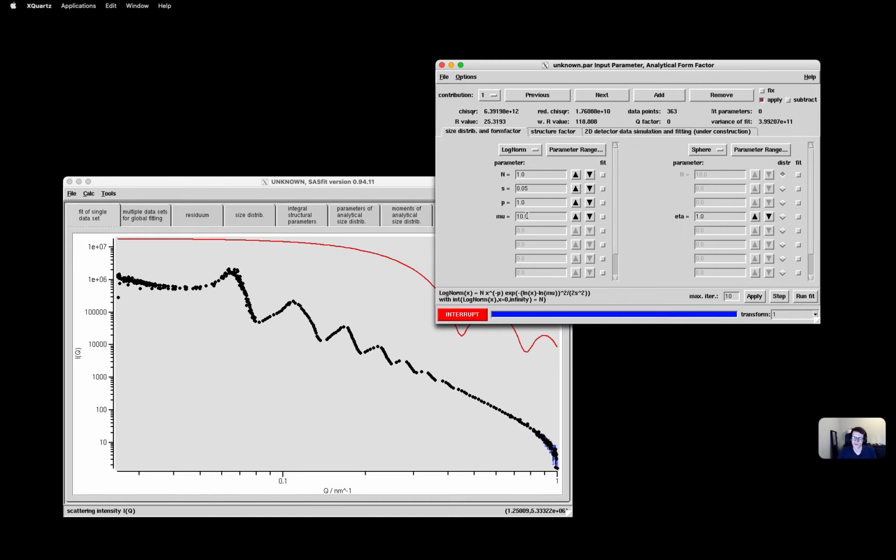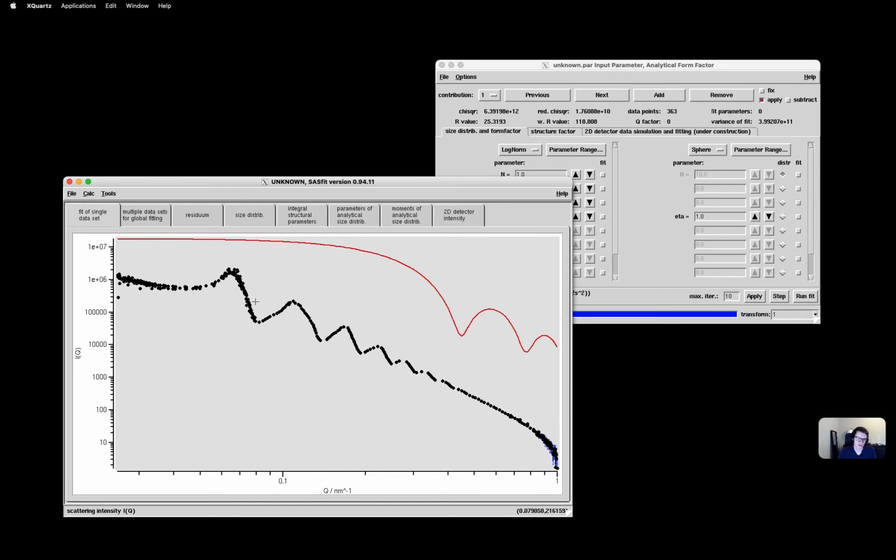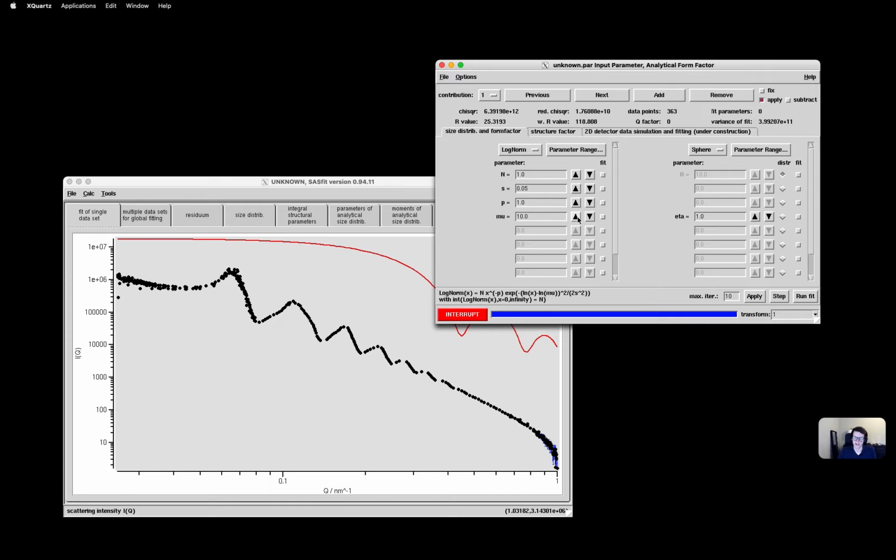So we have to shift it a bit. And the basic idea is to improve the scaling. So this is rather close here already. But also I would like to move the minima closer to one another. So this can be done by the size of the particles.